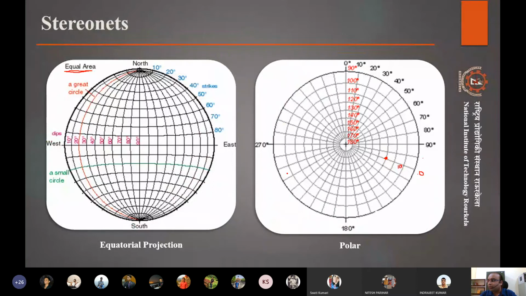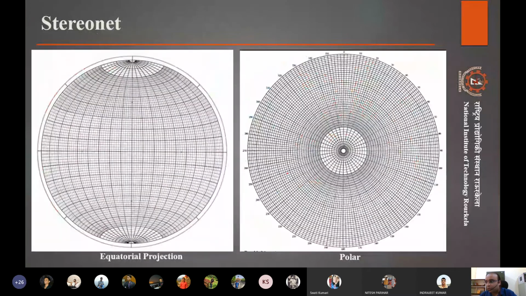Okay. Actual stereo net. So this was how stereo net plotting can be done. Actual stereo nets, where plotting is done, look something like this. Each of these stereo nets are actual stereo nets that geologists work on. So you see there are many more divisions that are done. Each of these divisions represents some strike angle or some dip angle.